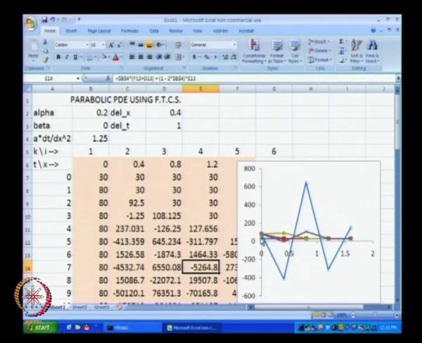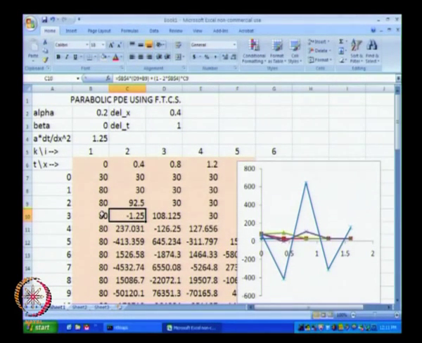So, at initial conditions we had this temperature, and you can barely see it, the temperature was at 30 degrees. At the end of 1 minute, again the temperature is still well behaved, we have 80 degrees, 30, 30, 30 and so on. At the end of 2 minutes we have 80, 92 degrees becomes the next temperature. Now, the temperature cannot rise beyond 80. So, this 92 degrees that we see is definitely incorrect. At the end of 3 minutes the temperature goes negative.